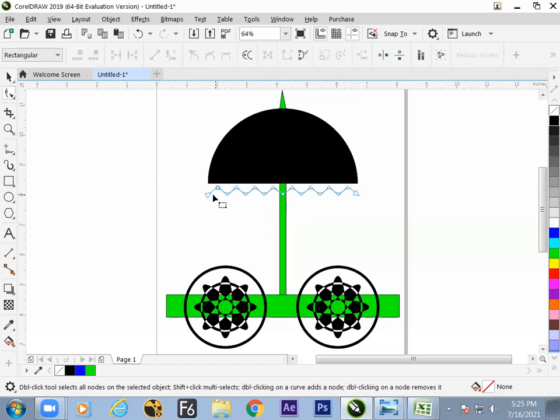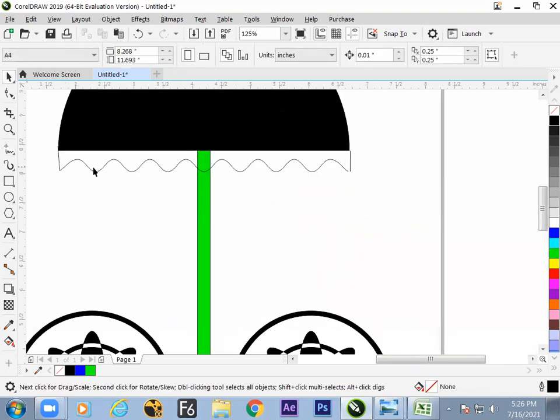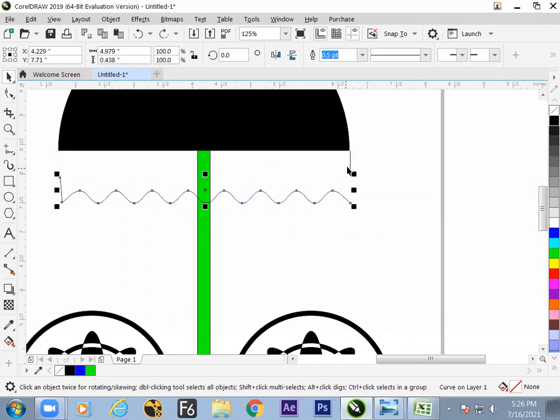Now it is time to close it, to get the black color inside it. So take the shape tool, come over here and proceed further with this. Which tool? Freehand tool. And in the last session, we learned how to close it and combine things. So let us check, is it a single? Okay, fine. So this line is not added up.